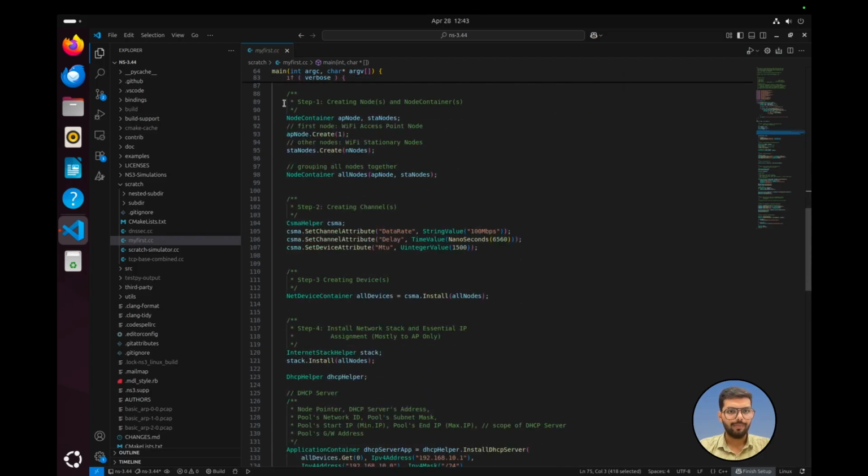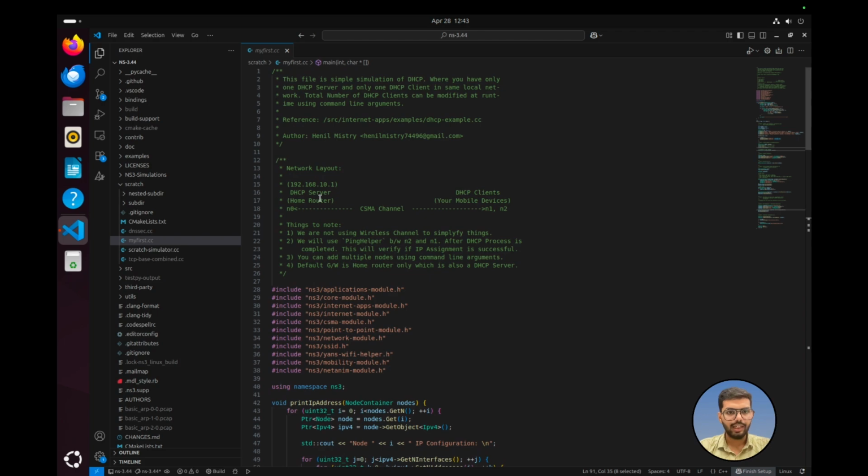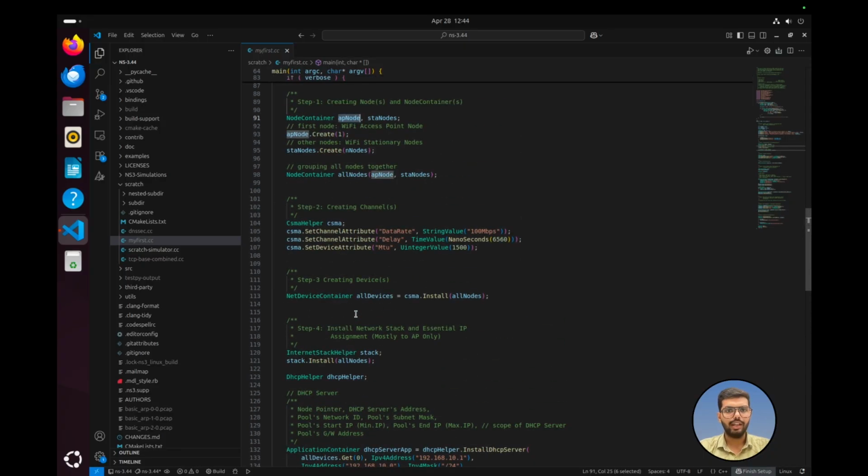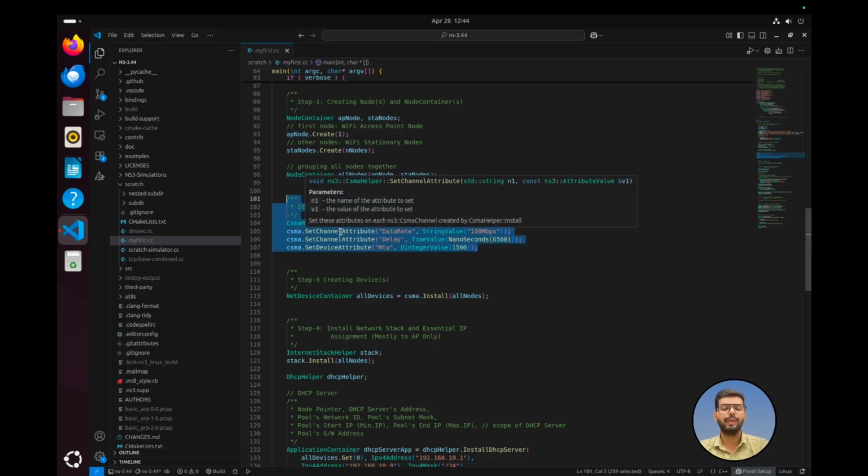Then step 1 is to create a node. First of all, I have created AP nodes and STA nodes, and basically we are using a CSMA channel. This STA node and AP node doesn't actually mean access point and stationary nodes. Just for reference, I have named them AP node and STA node. There is no such difference. Then second is to create a channel. We are using the CSMA channel just for ease of simulation. In the next video we'll go through how to simulate the entire DHCP over Wi-Fi